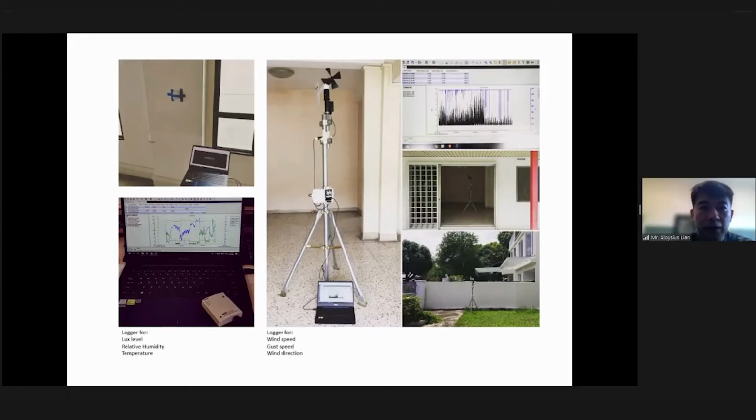So what we do in our practice is that we have this environmental logging, especially for A&A or reconstruction projects where we maintain most of the house. We would try to log the existing environmental conditions. So this is to provide a